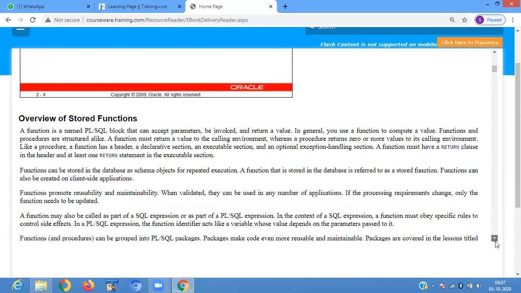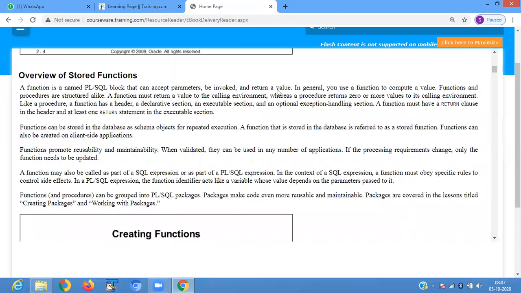A function is a named PL/SQL block that accepts parameters, means it will take the parameter from a user, be invoked, and it will return a value. In general, you use a function to compute a value. Suppose I give you a task that you have to add a number, subtract a number, then divide a number.